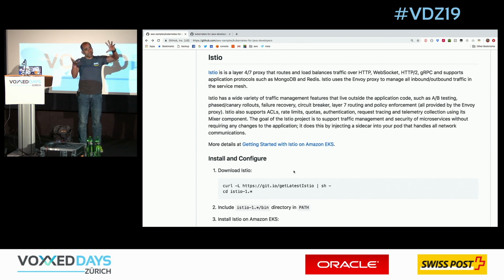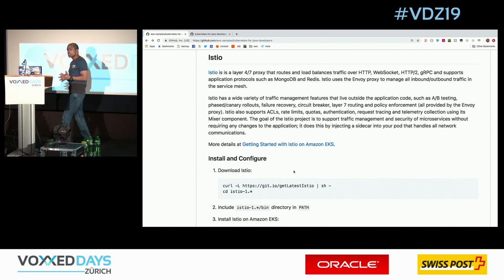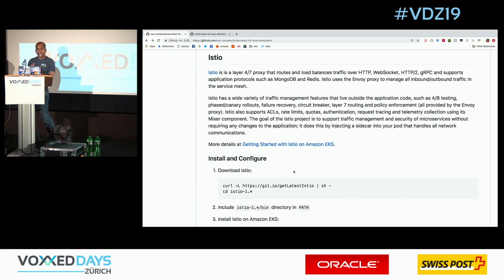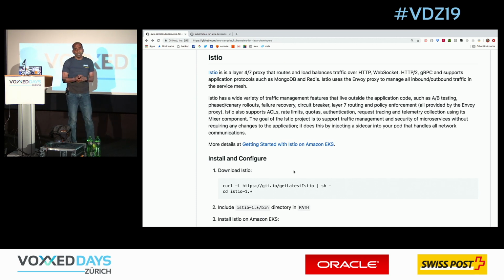So that service mesh control plane is basically Istio. Istio is one of the options. Of course, AWS has a managed service around that as well. We call it App Mesh. So those are two prominent options that we are looking at from the AWS perspective. But the idea being, service mesh is very powerful and it really allows you to manage those application concerns that are not easily available in the Kubernetes land itself.